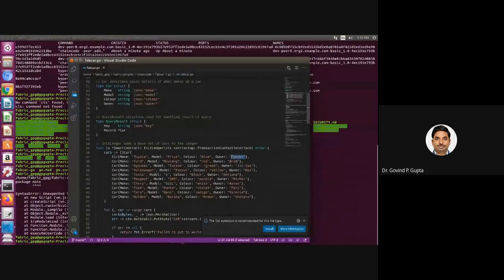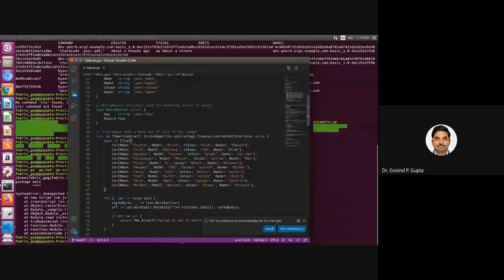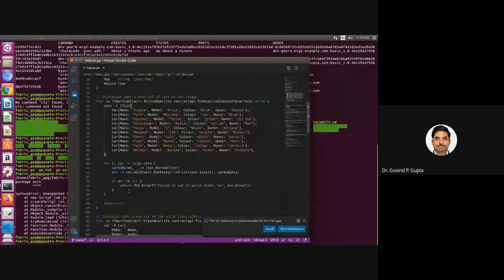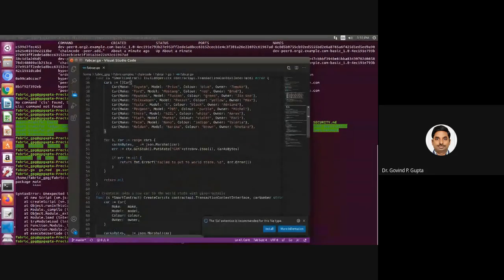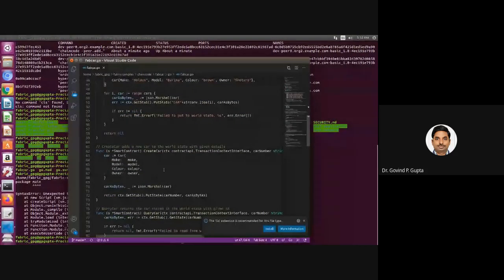These are initialized by default. This part is used for display purposes. Suppose you want to add a new item into the ledger, meaning the information about the object car.